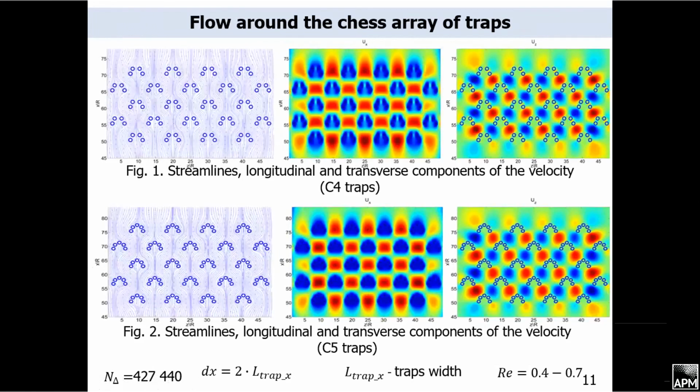This slide shows the chess arrangement of traps. The total number of traps was 22. The distance between the rows of traps was also 2L. The number of triangular elements was more than 400,000. The figures show the streamlines, longitudinal and transverse components of the fluid flow,